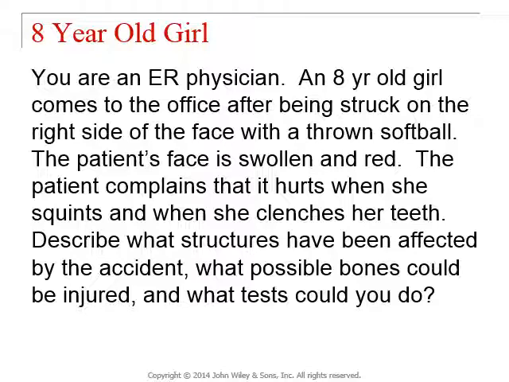we're an ER physician. An 8-year-old girl comes to your office after being struck on the right side of the face with a thrown softball. Now, this girl did not have a face mask on. The patient's face is swollen and red. The patient complains that it hurts when she squints and when she clenches her teeth. Describe what structures have been affected by the accident, and what possible bones could be injured, and what tests would